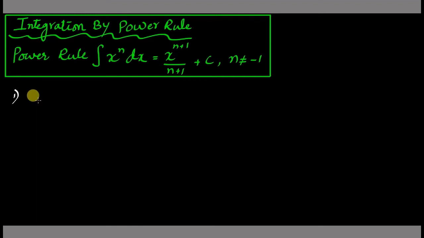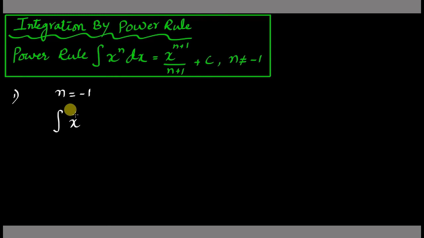Okay, now what will happen if n is a negative integer? Start from n equal to minus 1, but keep in mind there is already a restriction on n. We cannot choose n equal to minus 1. It is a restriction for this power rule. But we should check why we cannot insert n equal to minus 1. Just check it.